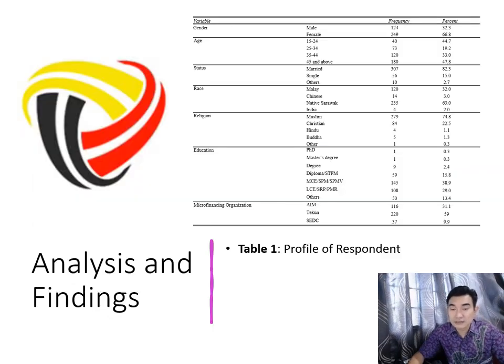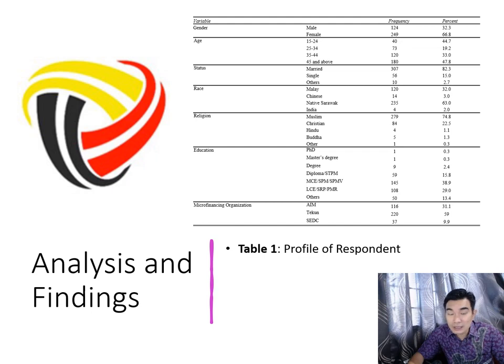Analysis and findings. For gender, mostly they are female, 66.8%, and male only 32.3%. From the age of the micro entrepreneurs, the highest comes from 45 and above, that is 47.8%, and the lowest age range is 25 until 34, that is 19.2%. For status, mostly they are married, 82.3%, and for religion, mostly they are Muslim, 74.8%, and the Christians